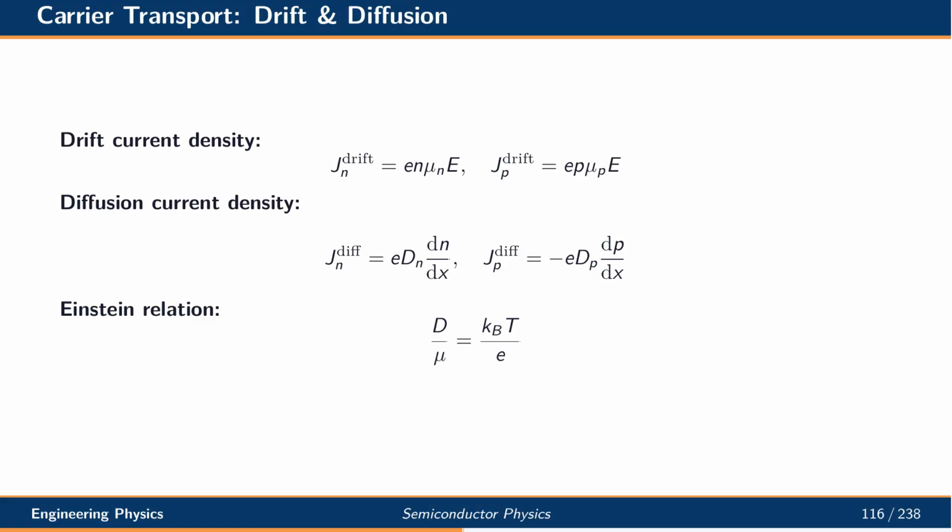Carriers in semiconductors move by two main mechanisms. Drift is the motion in response to an electric field, with current density proportional to mobility and carrier density. Diffusion is the motion due to a concentration gradient, with current proportional to the gradient. The Einstein relation connects the diffusion coefficient and mobility through the thermal voltage kBT over e. Together, drift and diffusion explain how currents flow in